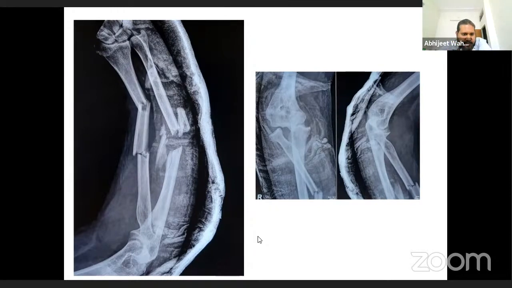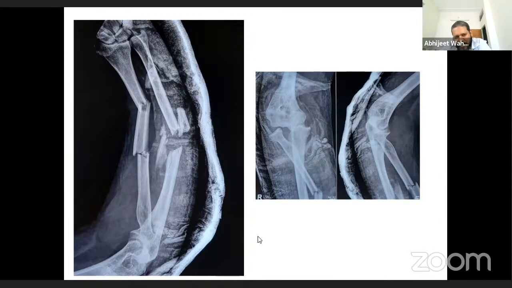The radius fracture is a segmental fracture, does not appear comminuted, and the dislocation is kind of a pseudo thing. Once you restore the ulnar length and you restore the bow of the radius, I think it should be okay. Now, the radius could be fixed with 2 different plates or 1 single plate, or